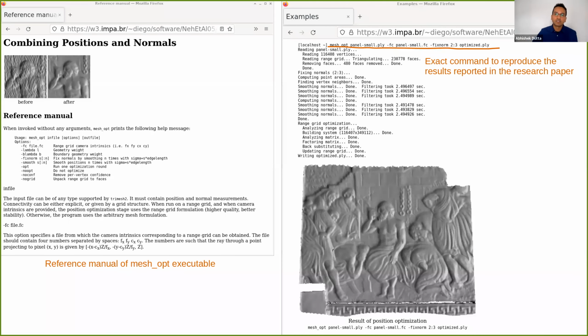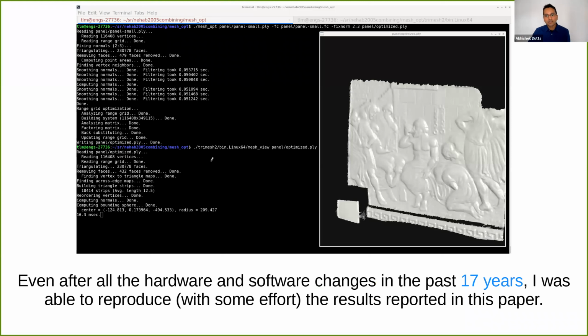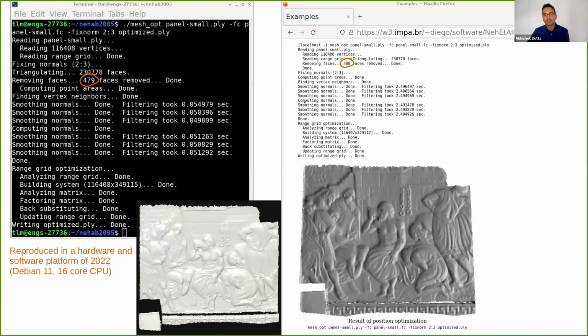But fortunately, the authors have provided a detailed expected output of their commands, as well as the specifications of their command. So I run these commands, and I get the results. I felt quite excited to see that the code that was written 17 years ago was still able to run in the same ways as the authors have pointed out in their expected output, with